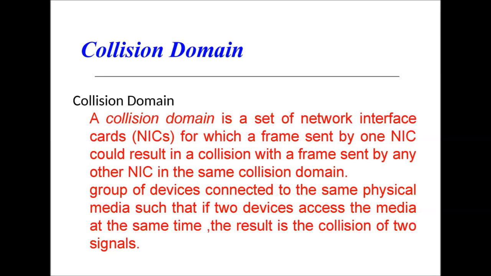Next is collision domain. First of all, you must understand what is a collision. Collision in any specific network is a term used when different messages collide. Bus topology is a very good example to understand collision. When we use bus topology, all the systems are attached to a single medium, which is basically a coaxial cable, and all the systems transmit data without any centralized device. If we talk about star topology, there is a centralized device which may be a hub or a switch. So this is a controlling device, and there are different mechanisms by which we can control the collision in star topology. But if we use bus topology and there is no specific method to control